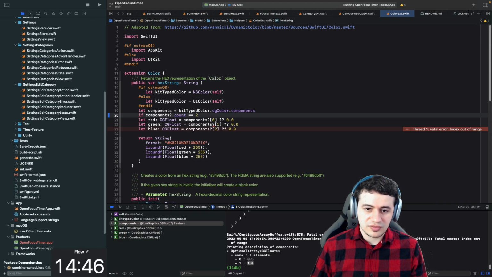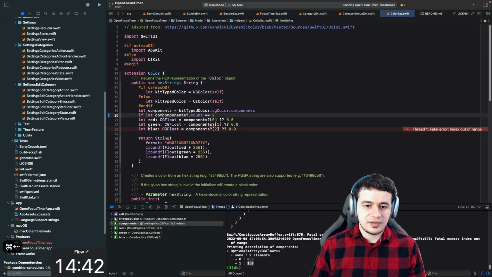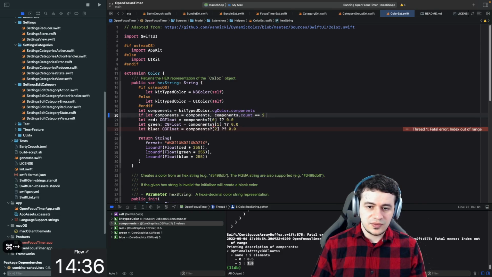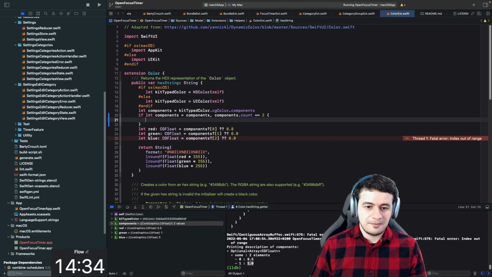Oh, it's really an optional. If let components equals components, components.count equals 2, then RGB are basically all set to the same value, right? In this case we had a 0.5 gray, and this is the white, I think, because there is